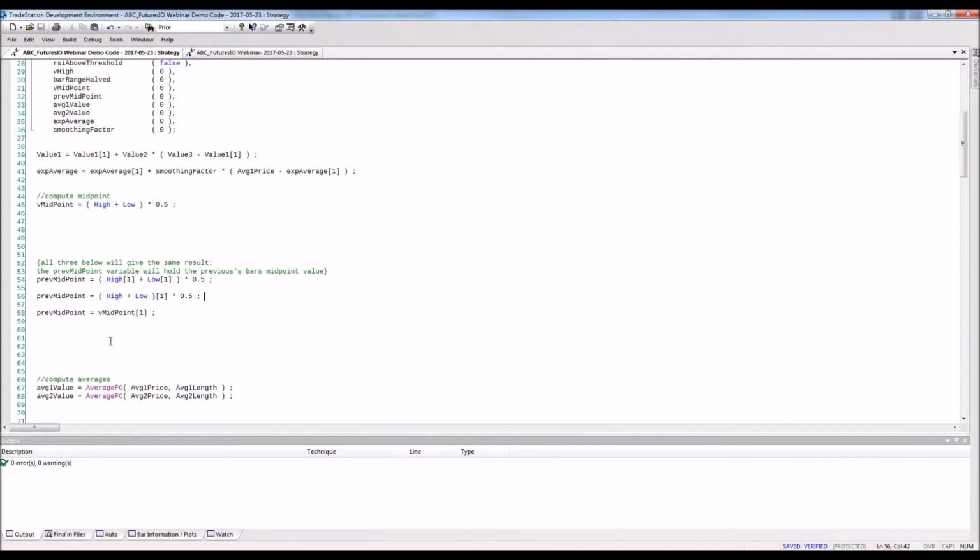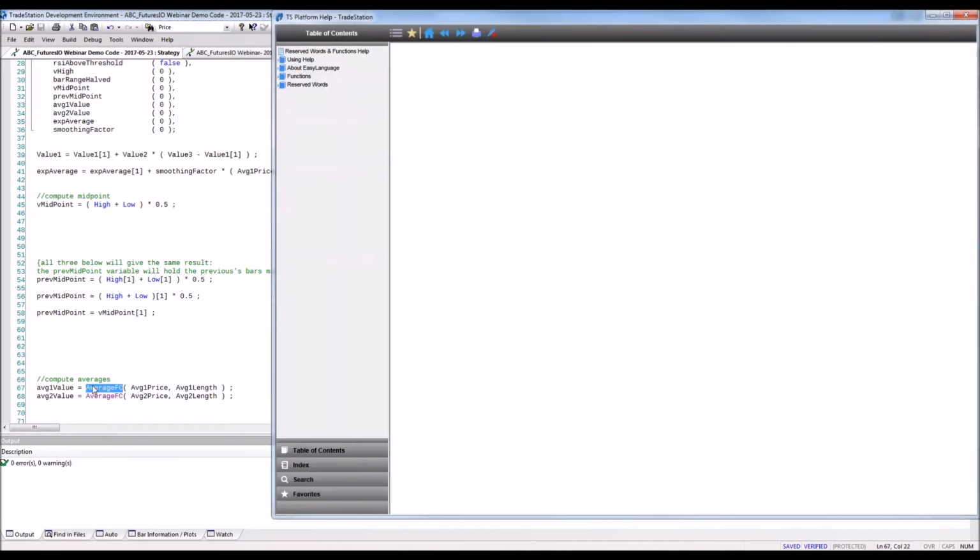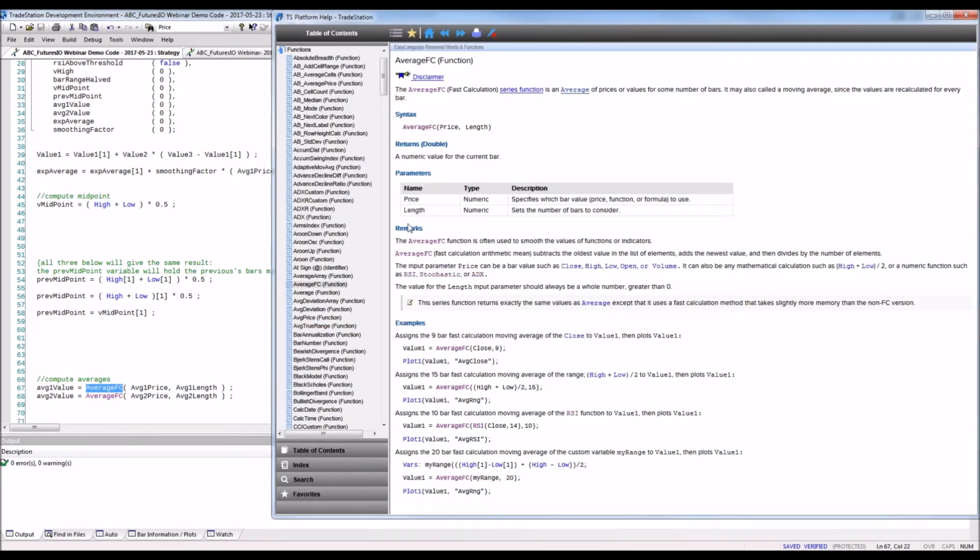and they allow you to simplify your code or to add some clarity to your code in a way that you don't have to type in all the calculation for the average here in this example. For example, you can just call the function, and in case you're not sure about the function, you can again use the help file here. TradeStation will give you a detailed example of how to use it,